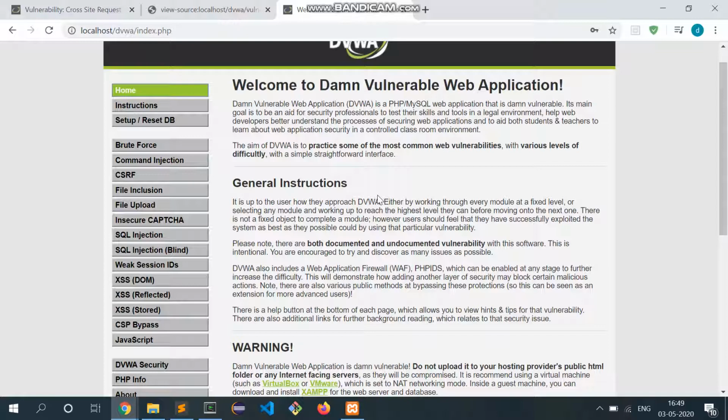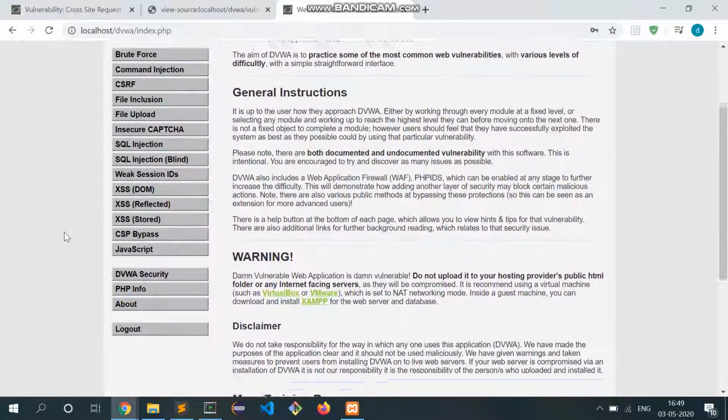A token is generated by DVWA and the request is accepted only when the token from the actual DVWA site is passed on. This can be thought of as a restaurant system. We get our order only when we pass on the token. Thank you.